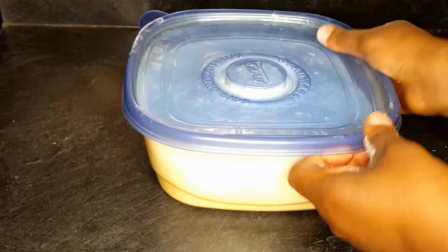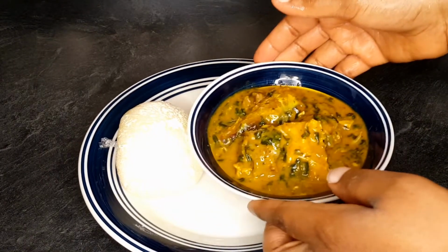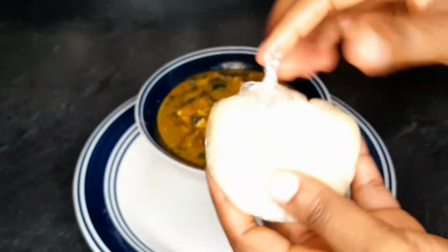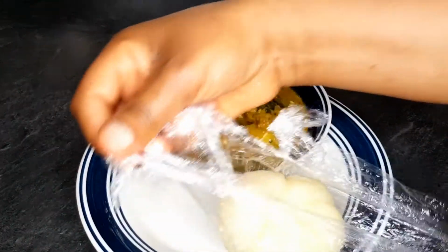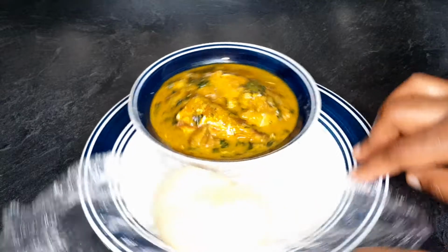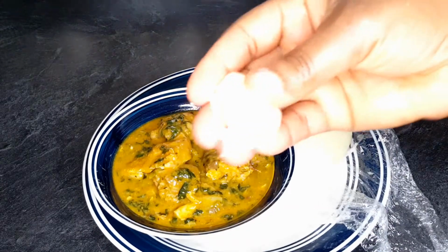Of course, as usual, before going, I have to give my delicious recipe a try. So here, I already washed my hands, guys. I have my delicious native soup that I'll be enjoying with this cassava fufu. Once the fufu is completely cool, as you can see,